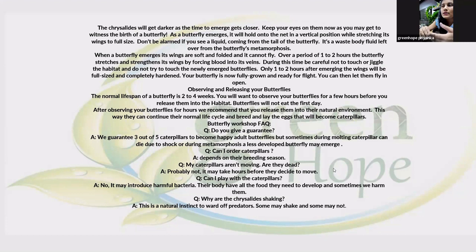And again many people ask me, what to do if the chrysalis, the pupa, turns black. If the pupa turns black it means the butterfly is about to emerge, but if the pupa has been black for more than 10-15 days, it means the pupa is dead inside, some parasite attacked or something happened. So this slide is also important. You can click the screenshot of it and you can keep it with you for your future